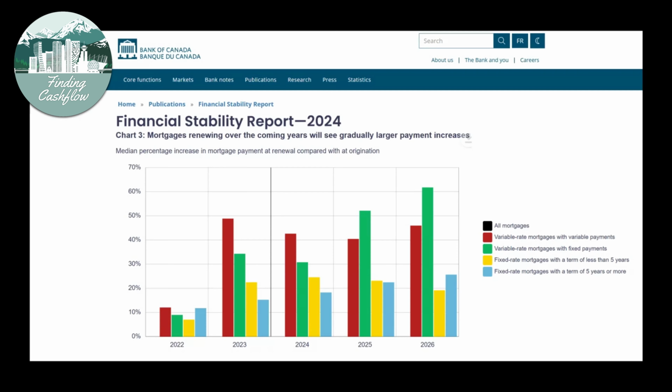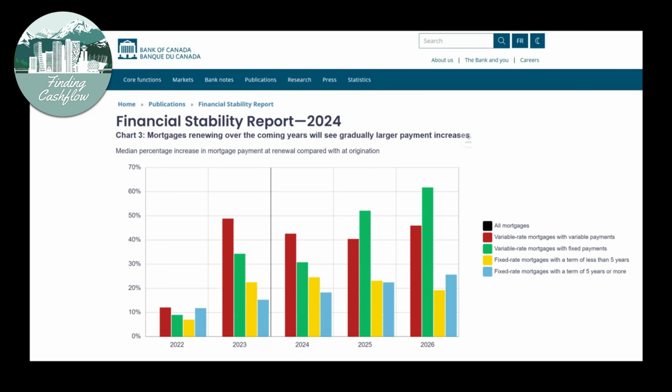And essentially what was happening as the overnight rate increased from the Bank of Canada is that the amount of interest that was being paid in each monthly payment kept on increasing, and the amount of principal which was being paid decreased. For the majority of these mortgages, it got to the point where the amount of interest that was being paid increased so much that the entire monthly payment was going towards interest, and absolutely none of the monthly payment was going towards principal. It even got to the point where the amount of interest that was being owed was so great that not all of the monthly payment was covering off all the interest, and the unpaid interest was being tacked on to the end of the mortgage.